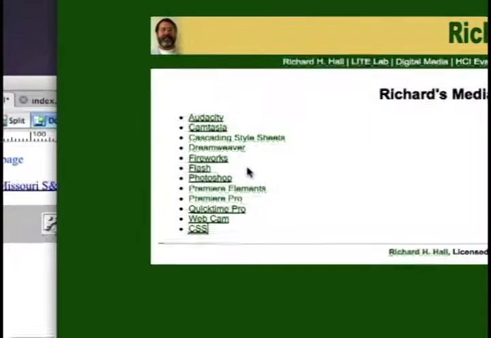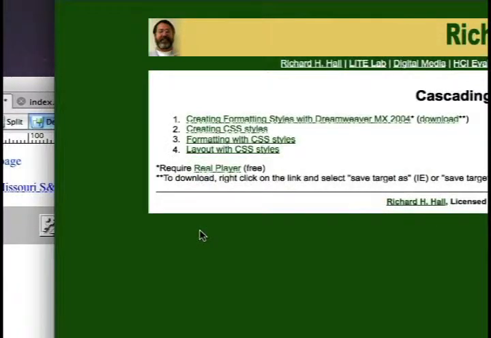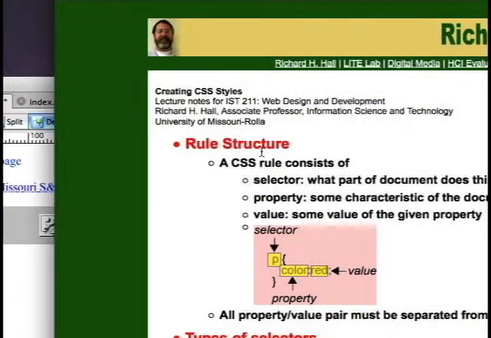Talk a little bit about CSS styles and CSS style sheets. And I made a few tutorials. So let's talk a little bit about what they are. Well, the first thing, CSS styles are